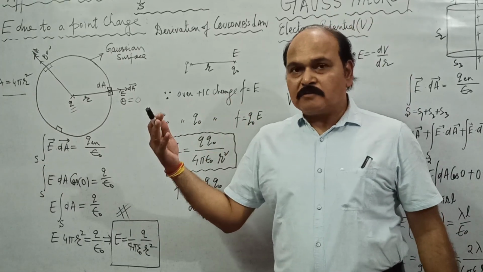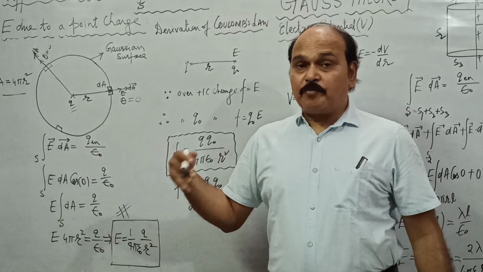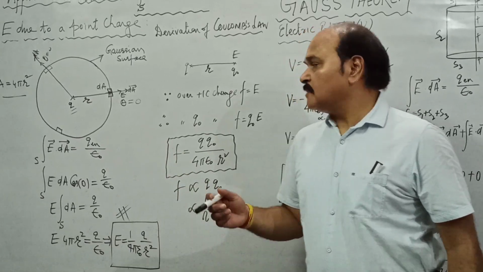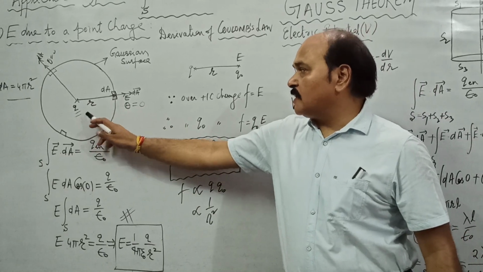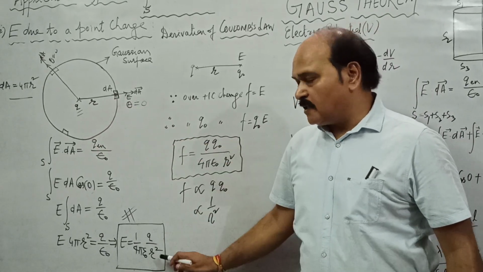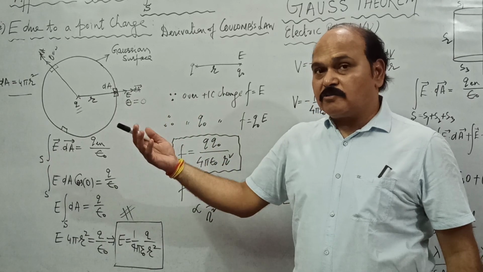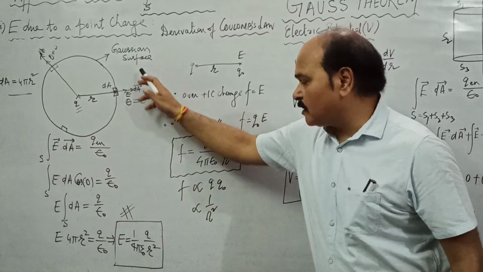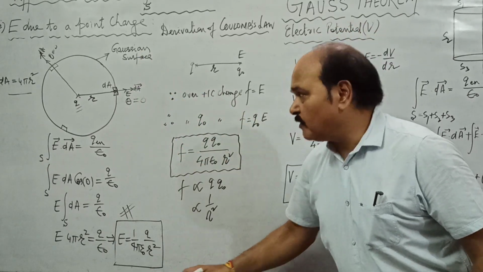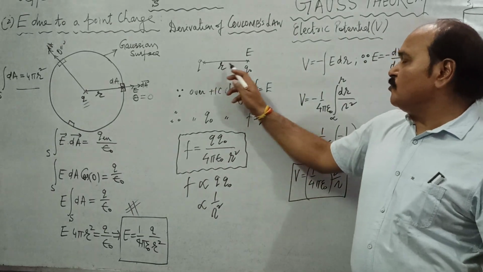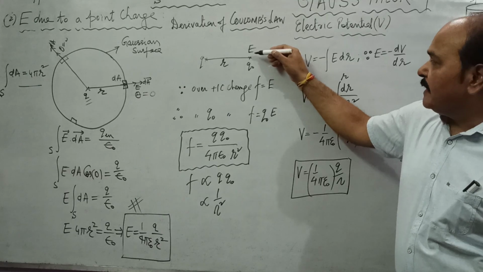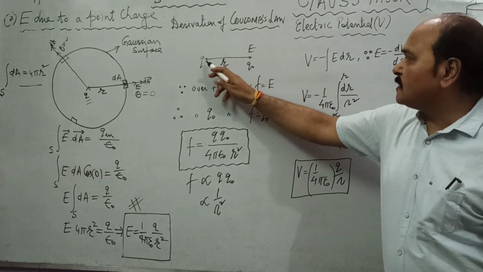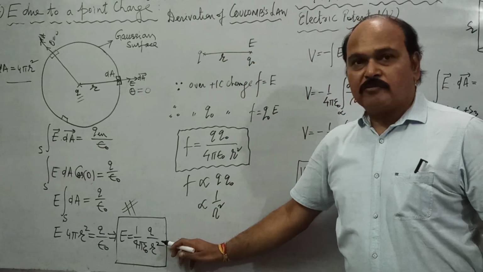Children, we can also derive or prove Coulomb's law using Gauss theorem. Well, we know electric field intensity due to point charge Q at a distance r from it, it is this. So when we deduce Coulomb's law, we have to work out all this derivation. Well, if these are two point charges Q and Q naught a distance r apart, electric field intensity at a distance r from charge Q, we have already found out.